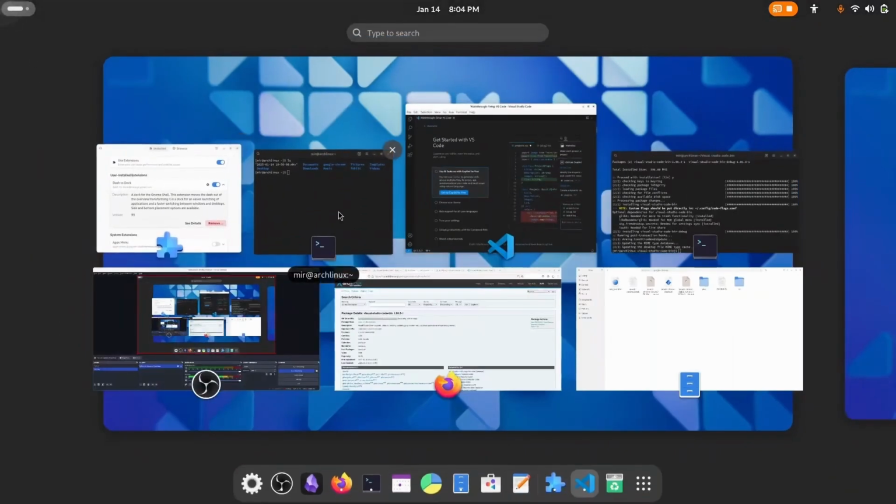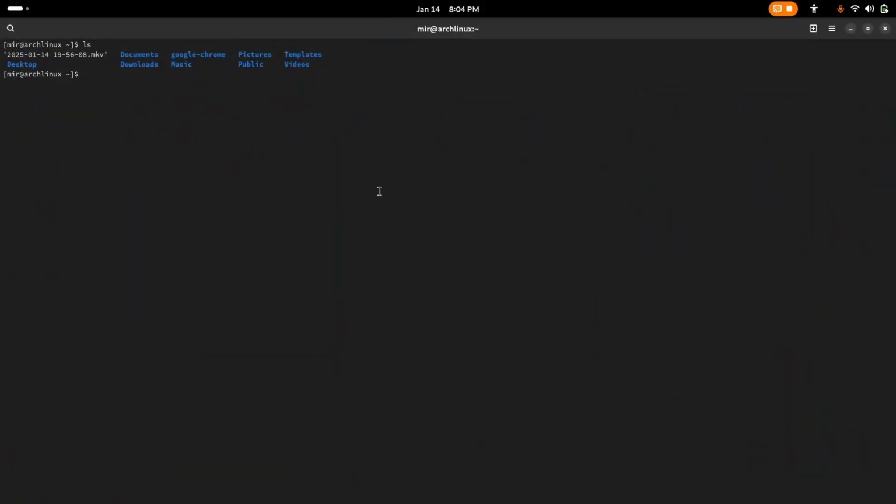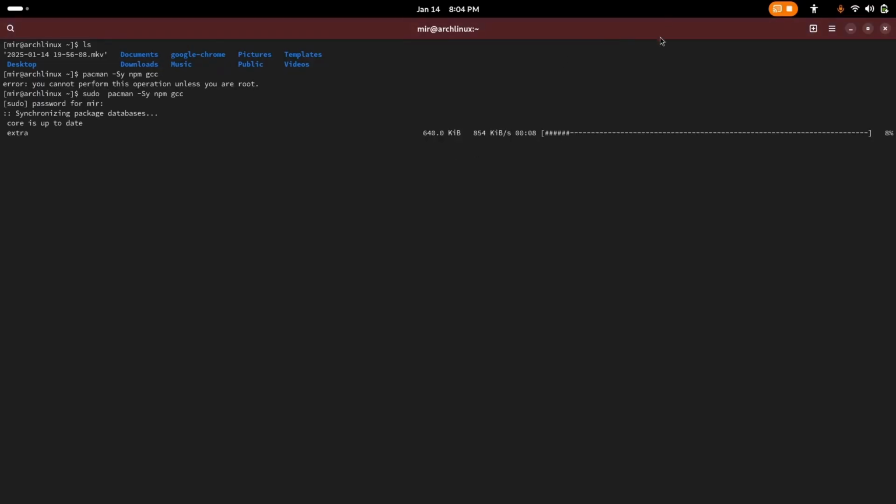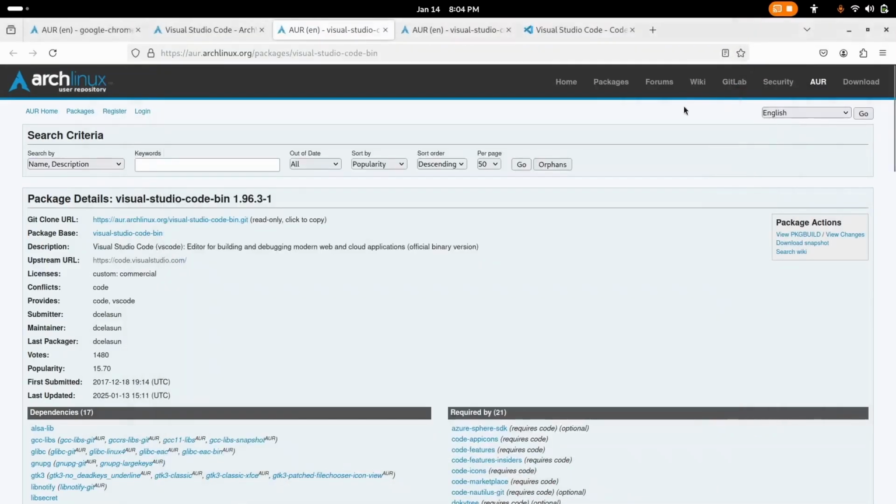Install few more packages in the terminal itself, like we need pacman, type sudo. Okay, it will install, but one important thing is you will find anything and mostly everything in Arch Linux user repository.